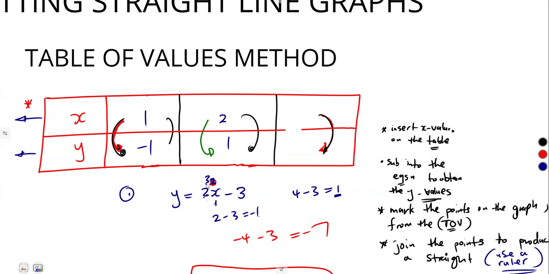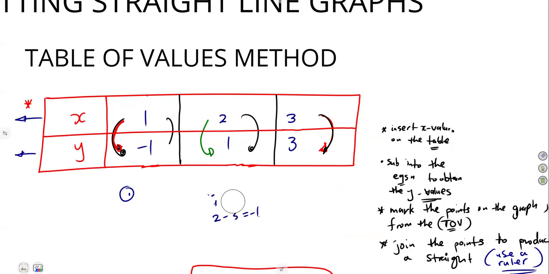Let us move on to 3. 2 times 3, that's what? 6. And 6 minus 3 is going to give us what? 3. So that one also can work. We have 3 on the y values. So when x is 3, the y value is going to give us 3. So that is it. From the given information, those were the best values to work with within the interval,